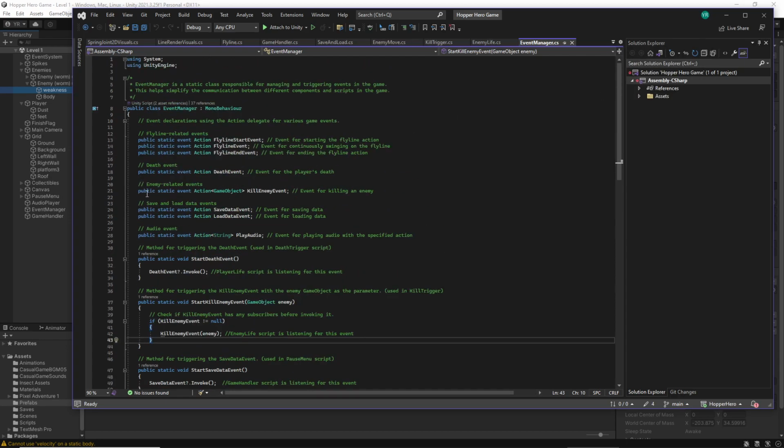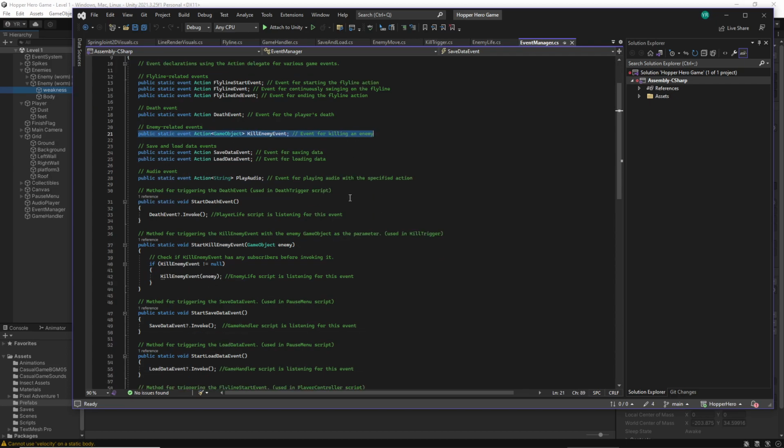So in my event manager, I have this public static event action game object kill enemy event. So basically my kill enemy event is able to take in a parameter, and that parameter must be a game object. So I pass down the game object which is the enemy, and then this checks if there's any subscribers to the kill enemy event. If there's no subscribers, that means that all the enemies are dead, so there would be no point in doing this. So I pass through the enemy,